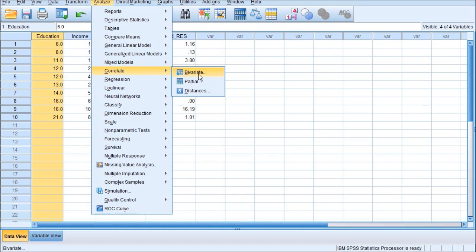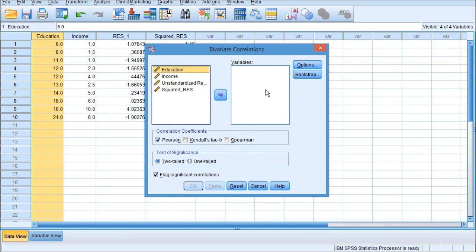We are doing another correlation analysis to see if there is any relationship between the independent variable and squared residuals. Okay, click Bivariate. You already know how to do that, right? Between the independent variable and squared residual. We are conducting correlation analysis between these two variables. Click OK.